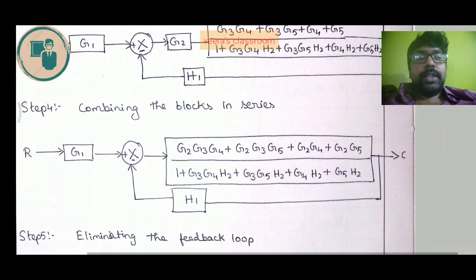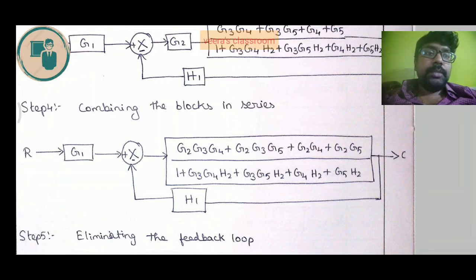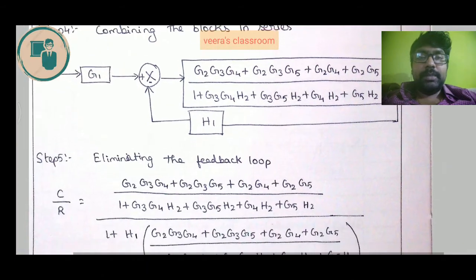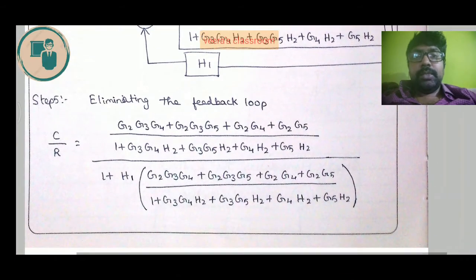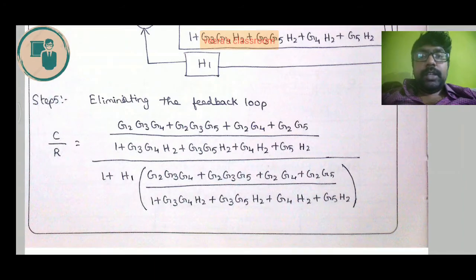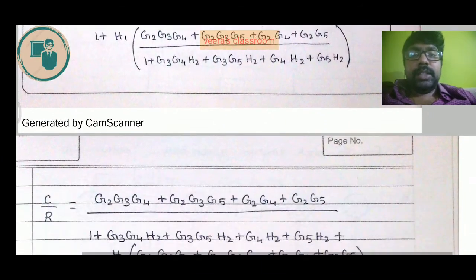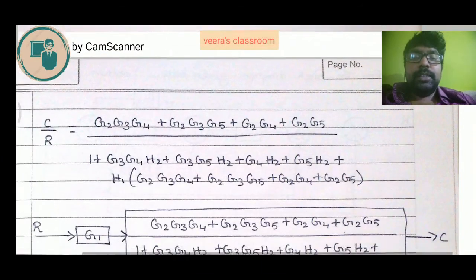So here we have a feedback loop. We have a larger term in the transfer function and we have a feedback element H1. This is a negative feedback, so the formula is going to be G by 1 plus GH. Instead of G we will substitute this entire element. Again, eliminating the feedback loop, I have substituted the entire element in the denominator. In the denominator fraction we will take an LCM. After taking the LCM, we can see that the components get cancelled and we get the final answer for C by R.